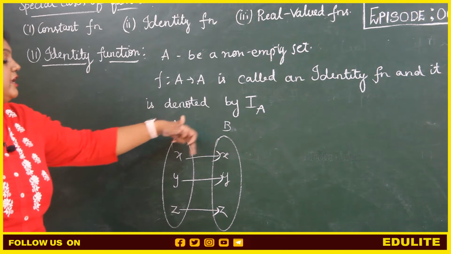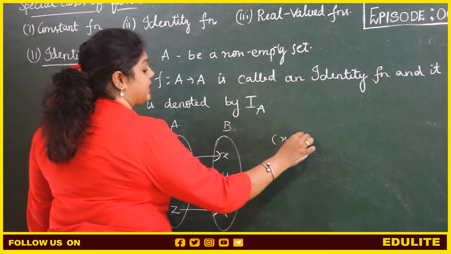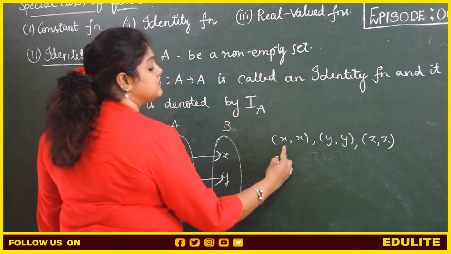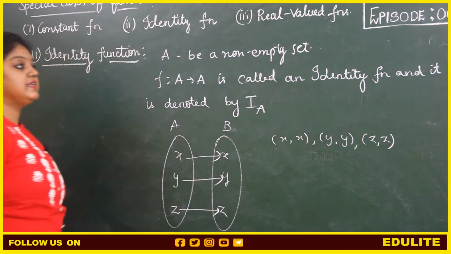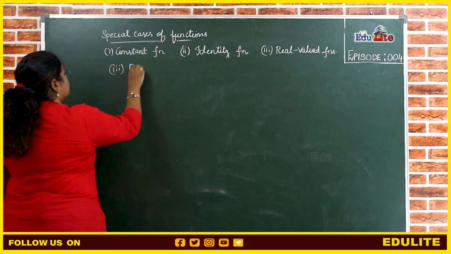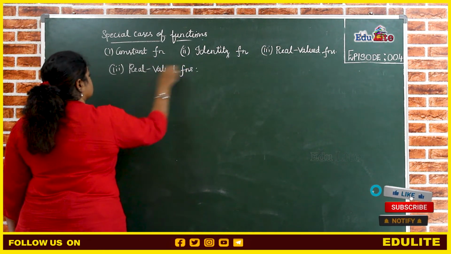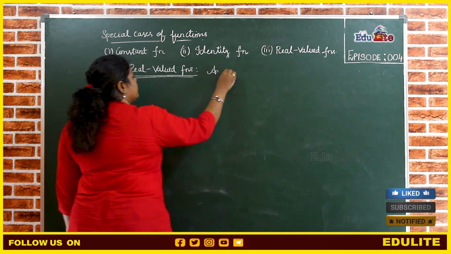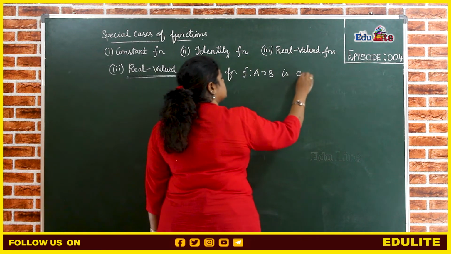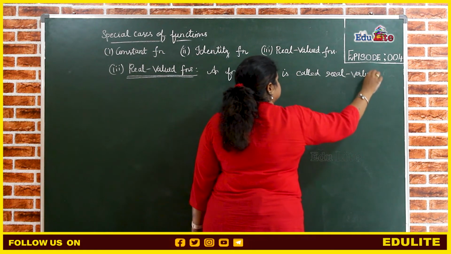Here the image and the pre-image are the same. I can write this as a set of ordered pairs: (x, x), (y, y), (z, z). When both the elements are the same, then we call it an identity function. And the third one is real valued functions. A function f, a mapping from A to B, is called a real valued function